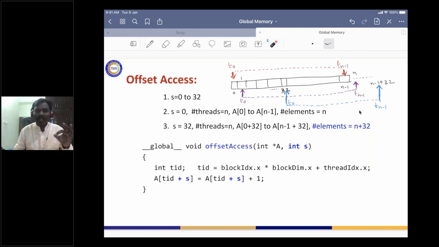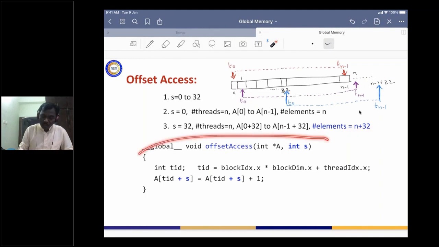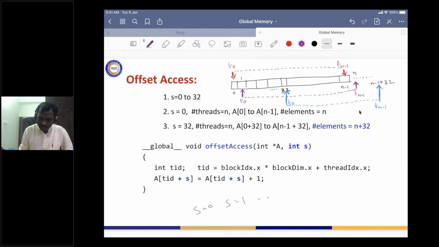So one of the key points from this slide is the number of elements should be something like n plus 31, or even in the worst case you can have n plus 32. When you are running this program, for various values of S, S could be 0, S could be 1, and so on, S could be 32.